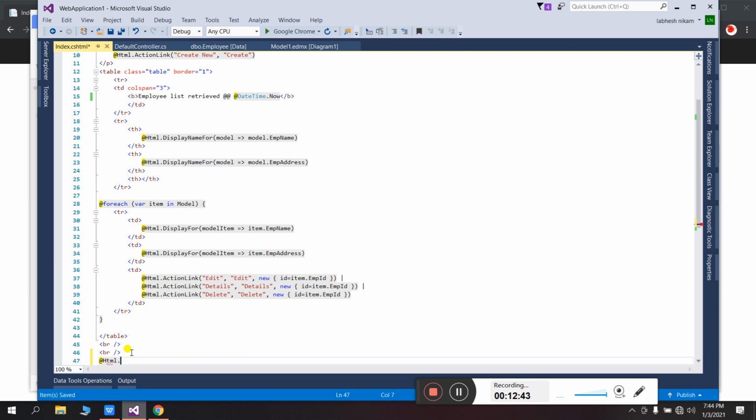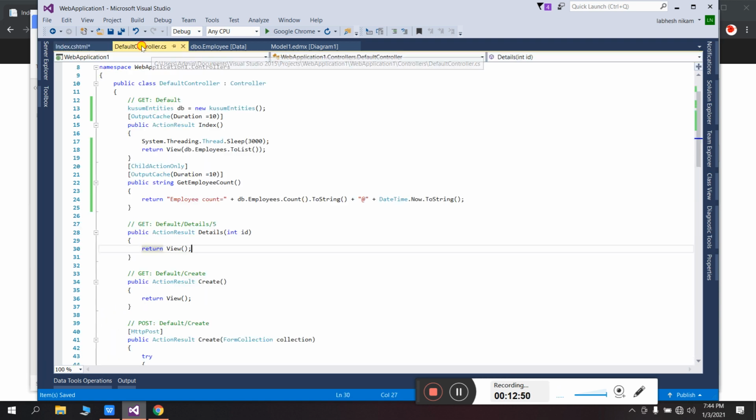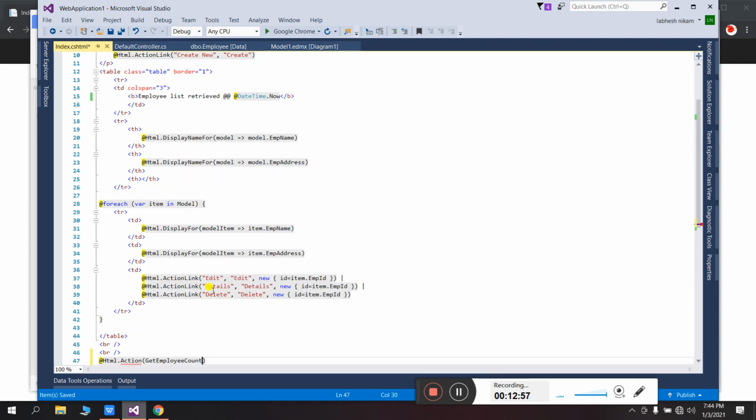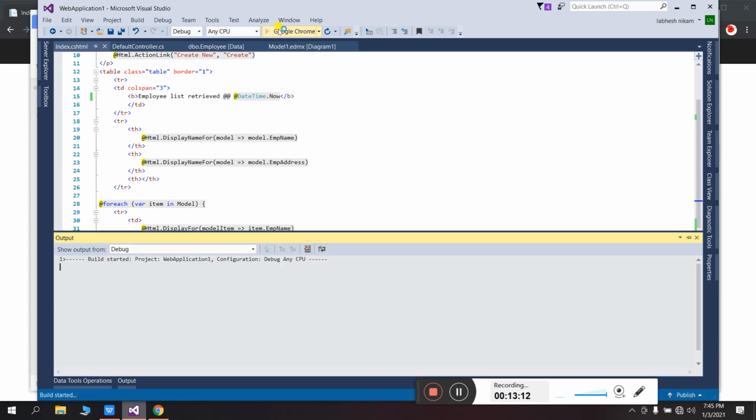And on the Index side I will add the action link after this table. So @Html.Action, the name of the method. What is the name of the method? This GetEmployeeCount, inside the double quotes. Okay, let's run this application and check.